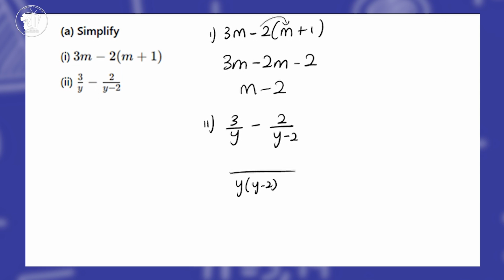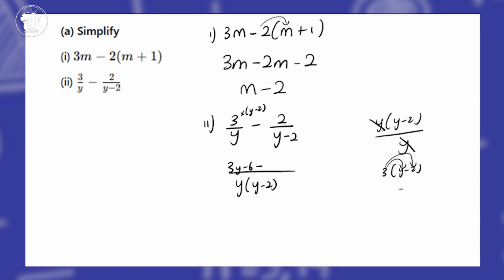So we divide. So y divided into the LCM here. This is like y open bracket y minus 2 divided by y will give us, so this y will simply cancel with that y and we're left with y minus 2. So we multiply this 3 by y minus 2. So this is like 3 open bracket y minus 2, which would simply give us 3 times y, 3y, and 3 times negative 2 will give us a negative 6. So we'll have 3y minus 6 minus,